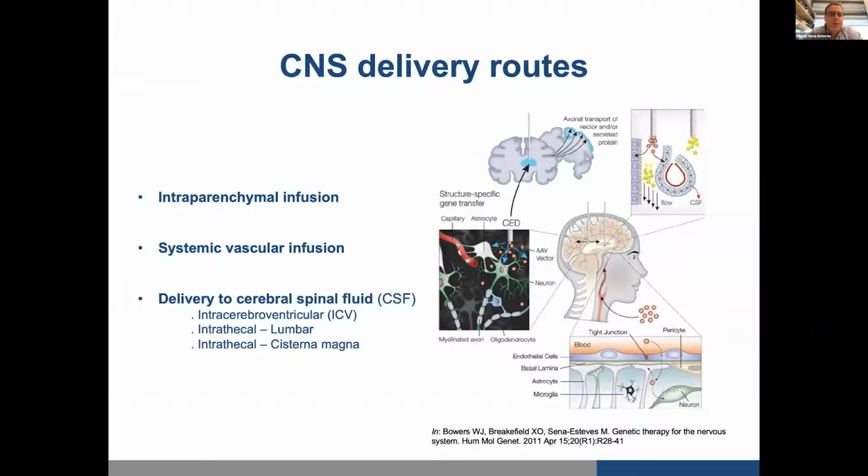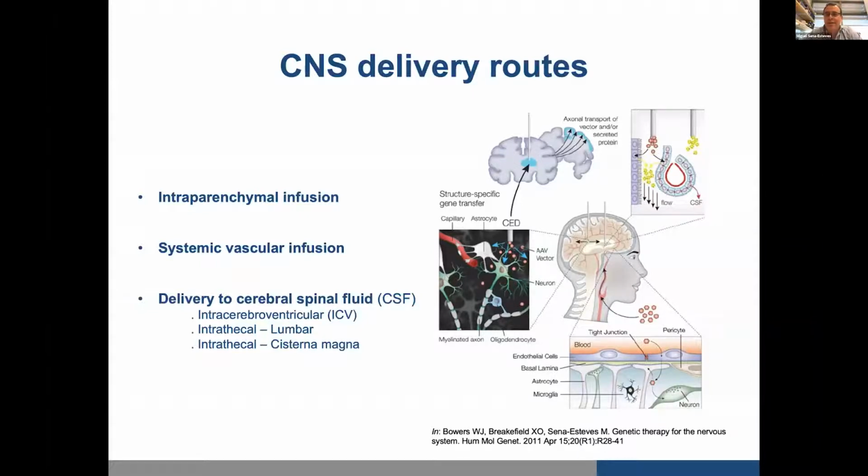and certainly some delivery modalities can treat both the CNS and the periphery. So where the field started with gene therapy was essentially having the ability to use intraparenchymal infusion, where viruses were directly infused to particular targets. Techniques were developed like convection-enhanced delivery to enhance the distribution and create more uniform distribution fields for transduction of cells. And eventually we moved on